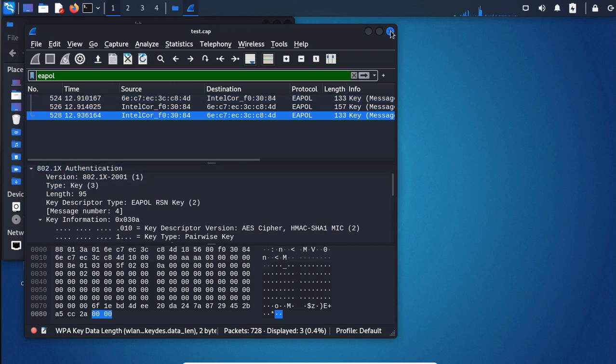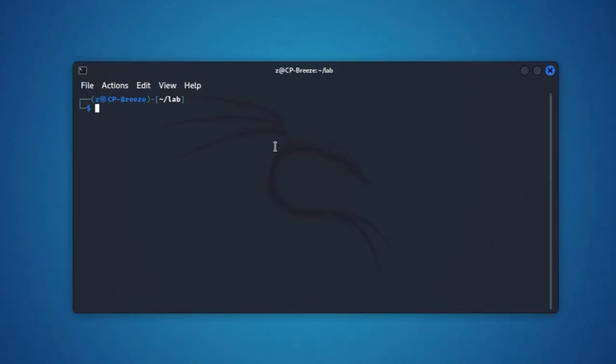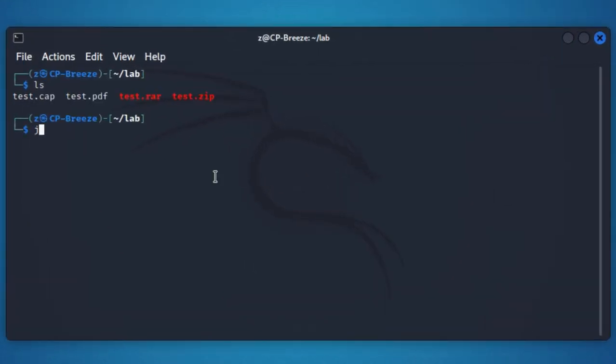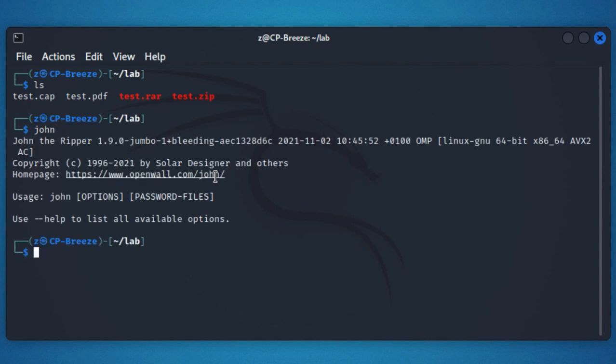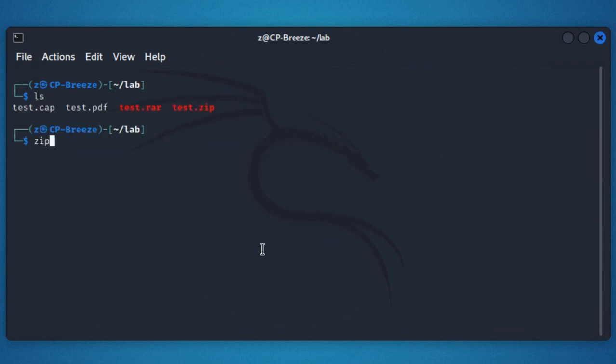Check you run the latest John version by typing the command john. You can see we're running the 1.9 Jumbo version. Type ls for the folder content. Then we're gonna write zip2john and the file name, called test.zip, that will provide us with the